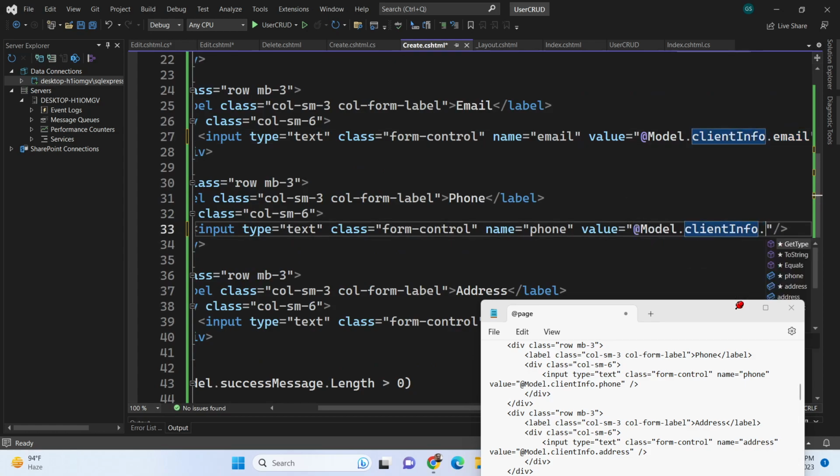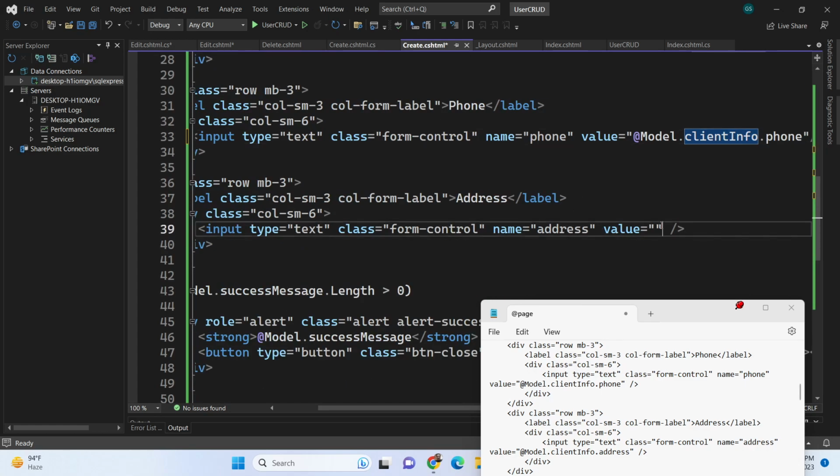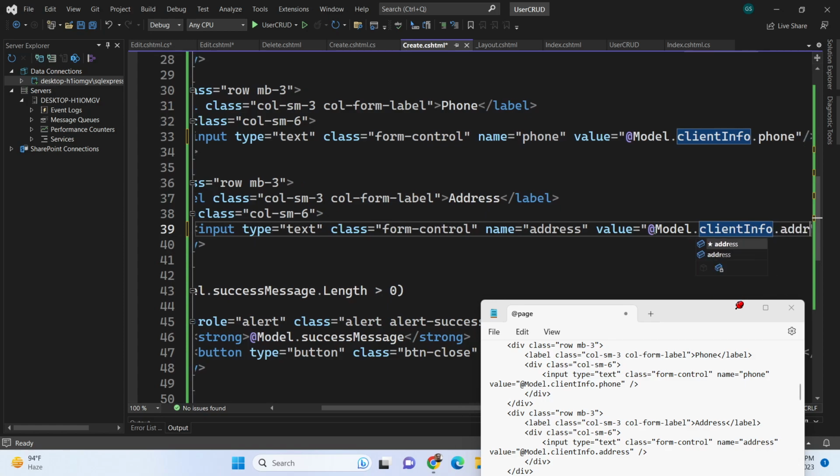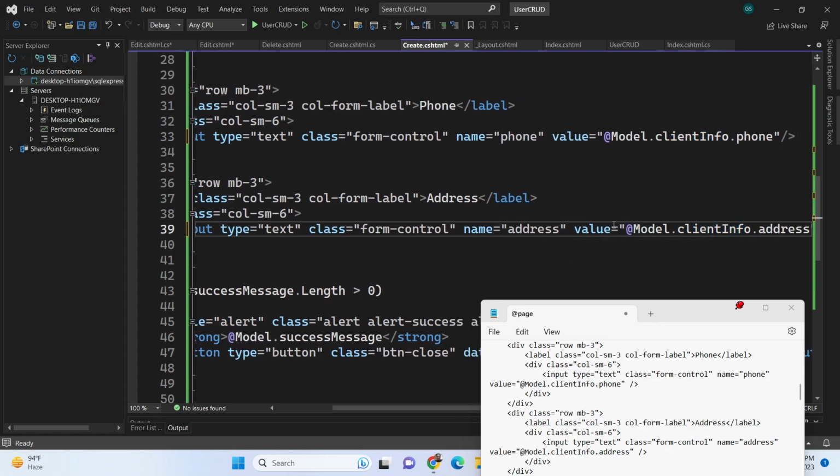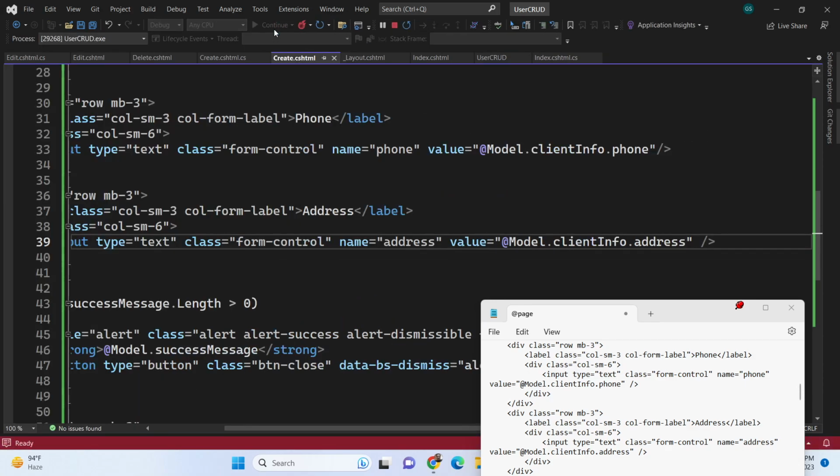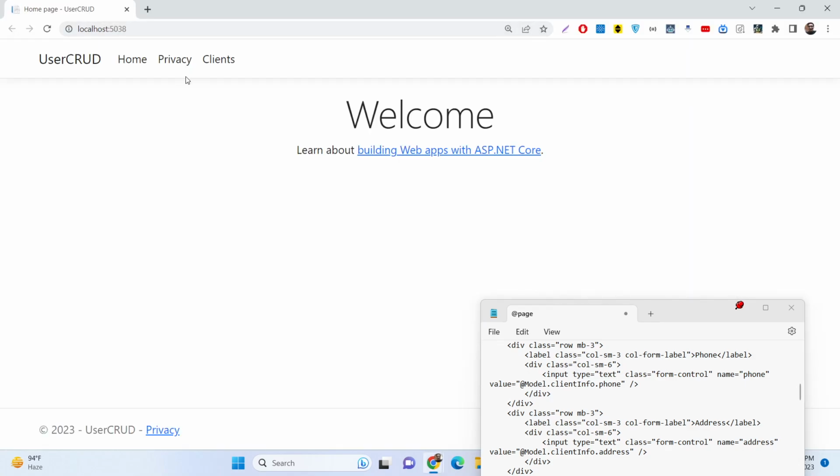Model dot client info dot phone number, and so just add this, guys, and now if you run this application, what you will see, basically if you click